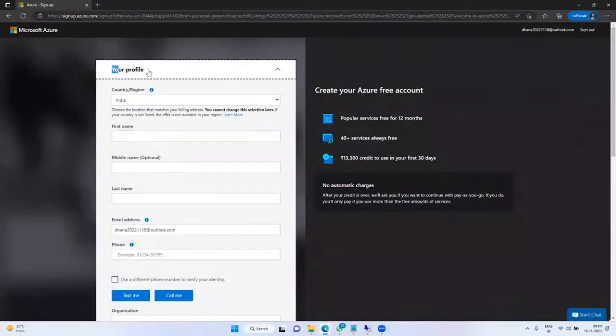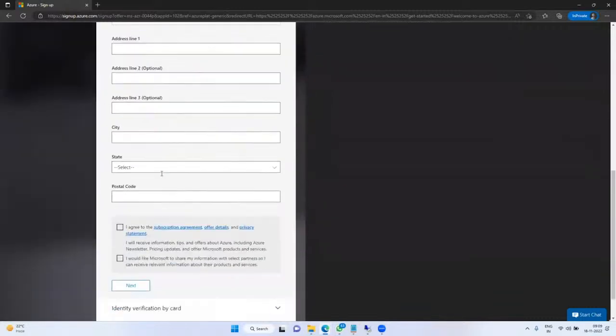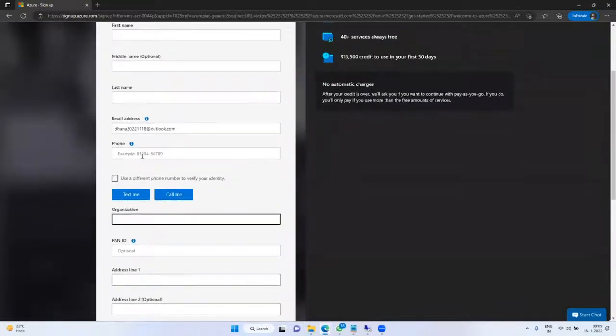So this is where you enter your details. Once you enter the organization, mention the organization, which can be your name IT, anything. For example, Rakesh, just give Rakesh IT, something else. No issues. Once it is done, it's not allowing me.